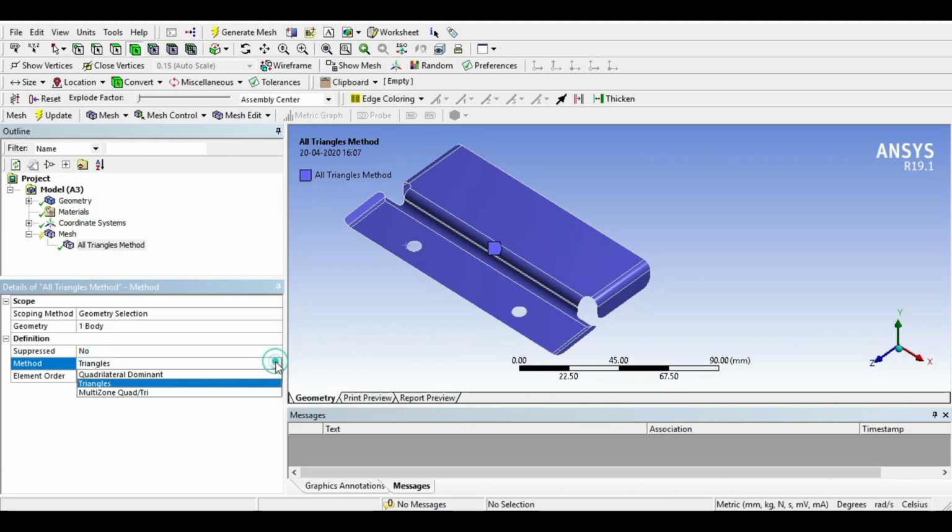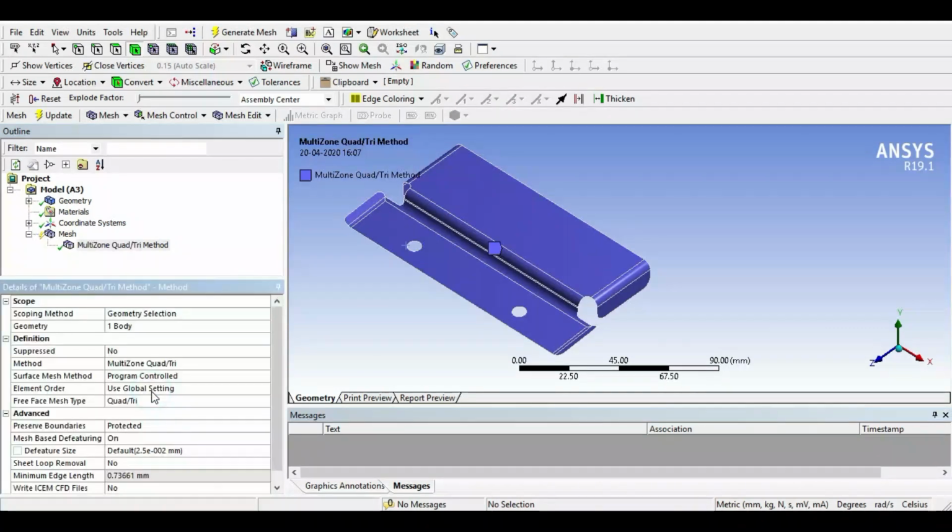And when we choose multi-zone quad/tria, then we have a number of local settings. Here again we have the surface mesh method, where we can find uniform and pave like the multi-zone method in 3D meshing, and element order again the same, linear and quadratic, and free mesh type like all tria, quad/tria, or all quad.